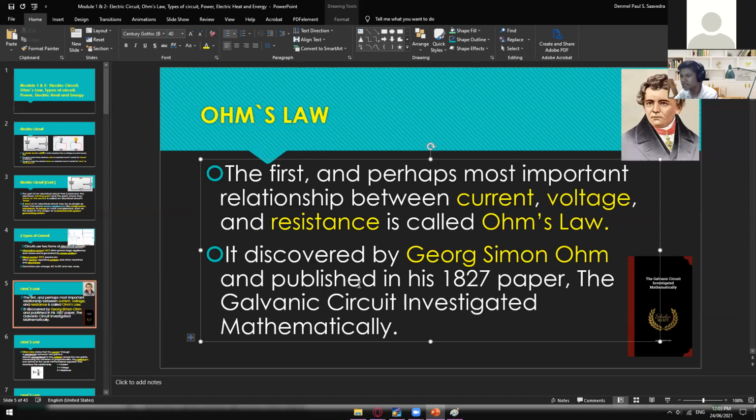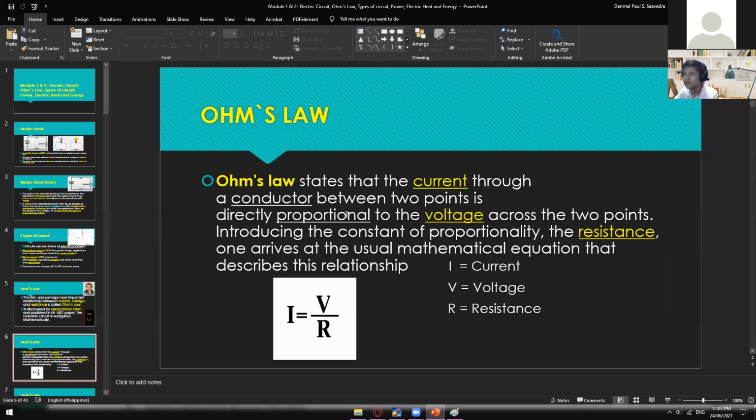So this one was published in his book in the year 1827. So the name of this book is Galvanic Circuit Investigated Mathematically. All right. Well, anyway, so that's a short history when it comes to Ohm's law, and the person who invented or discovered that one. So here's now the